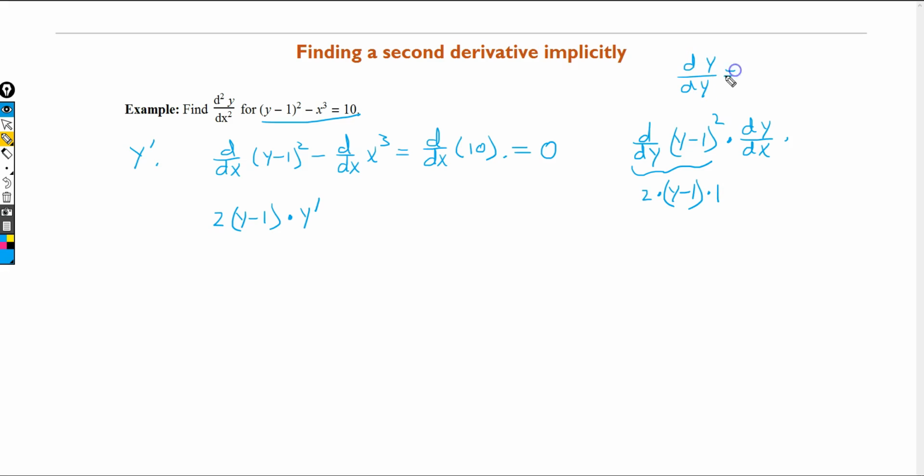That is okay, times dy dx, which is y prime, and that's what we got right here. Minus 3x squared equals 0. Okay, now we need to find y prime, so y prime is going to be